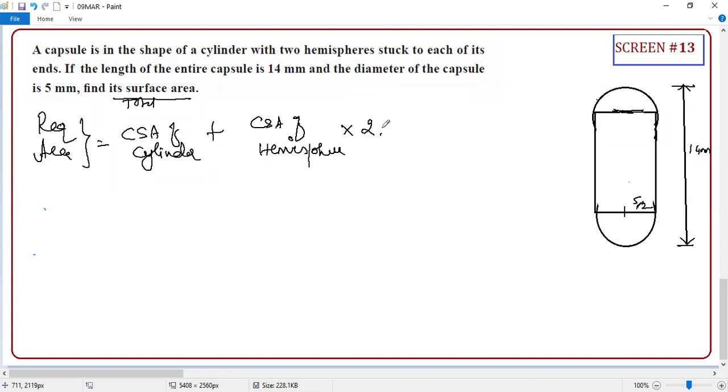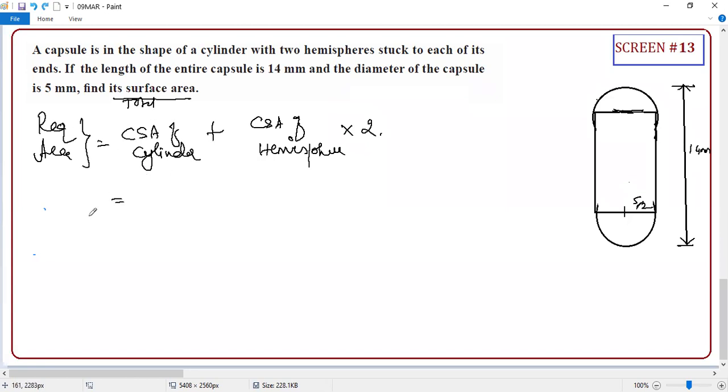Yeah, first line you write as it is, the expression. Then in the formula expression you can do it directly, CSA of sphere. But in the expression I want my students to write everything properly. The actual shape you have to put here. Eventually, 2 hemispheres are going to become a sphere. You can do all the changes when you are doing the calculation. But this expression, very first line, always proper. Write the proper expression.